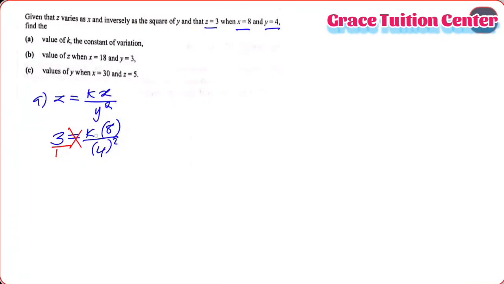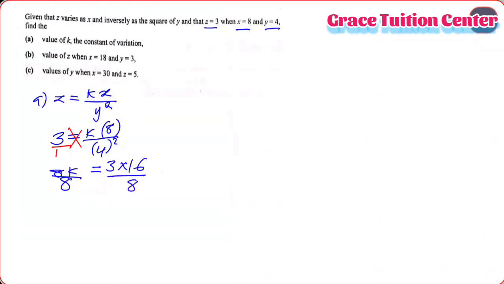So what we have here is k times 8 is 8k. So 1 times 8k is just 8k is equal to, the 4 squared is what? 4 times 4, which is 16. So 3 times 16, I'll write this here, 3 times 16. So to get the value of k, I'll divide here by 8,